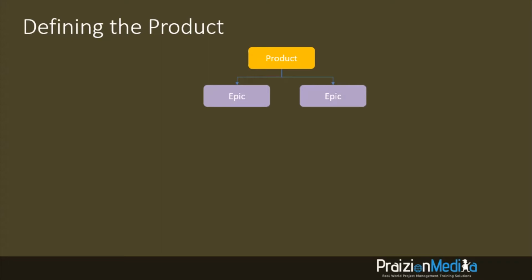So for example, if you're building an online banking application, imagine putting a login screen as part of that application. The ability to log in. Now, while that is functionality that is needed and valuable, it does nothing for your customers. It might do stuff for IT and security folks, but for you as a customer, you may not see that as immediate value. You're going to have to add a whole bunch more functionality to create that first release to your customers. So the first release in the world of Agile, we'll call it the MVP, minimum viable product. That's another core concept that we need to make use of.